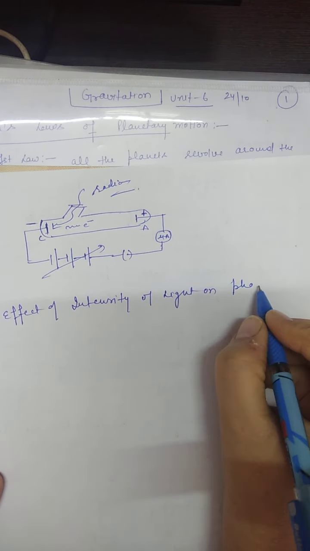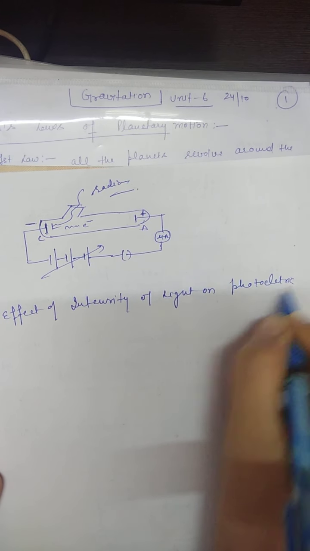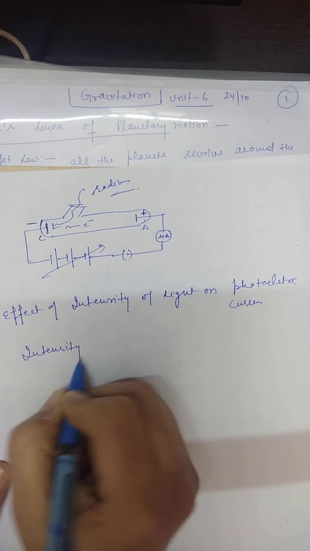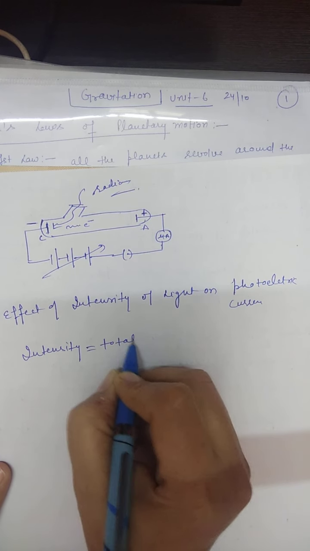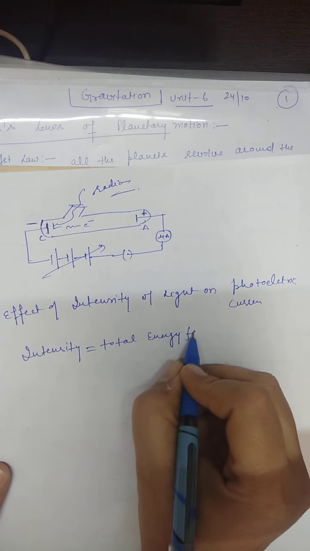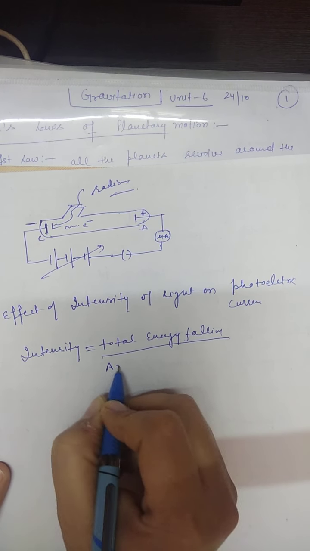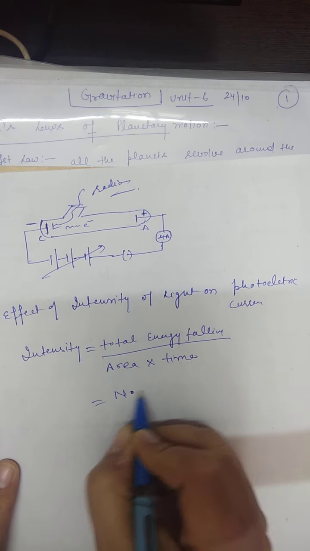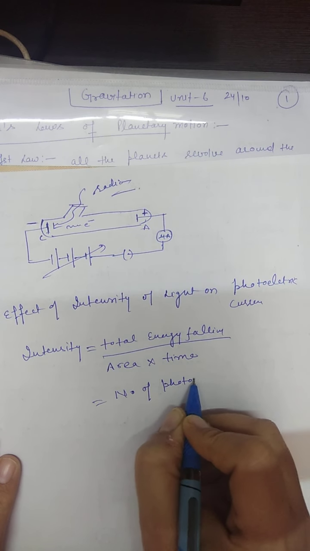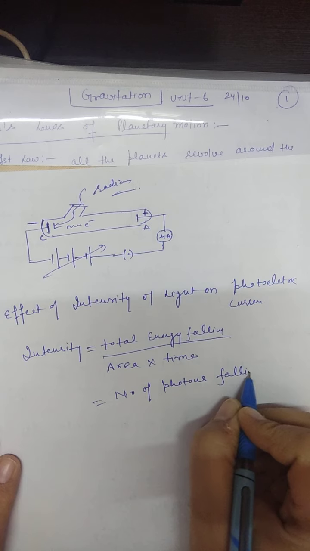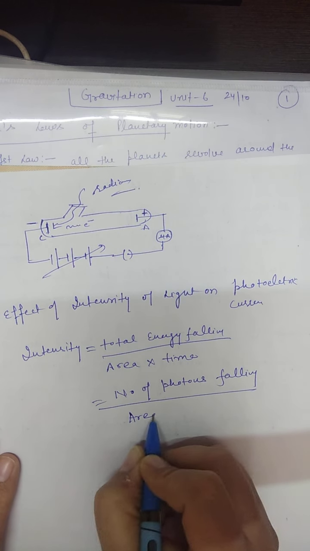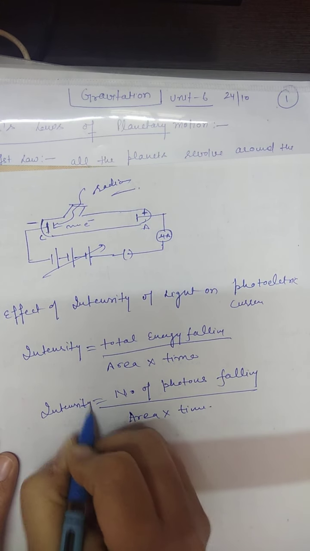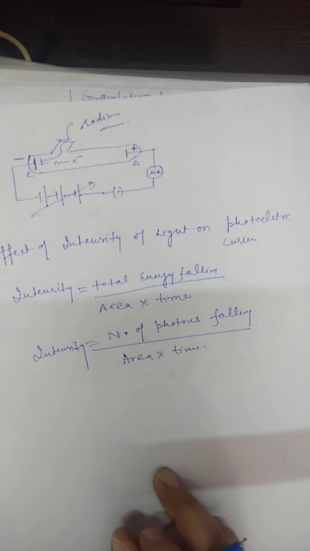on photoelectric current. इस पे क्या होगा, पहले इसमें आपको पता होना चाहिए इंटेंसिटी होती क्या है। इंटेंसिटी इज द नंबर ऑफ फोटॉन्स और द टोटल एनर्जी फॉलिंग पर यूनिट एरिया पर यूनिट टाइम, ठीक। और इस टोटल एनर्जी को हम मान के चलते हैं नंबर ऑफ फोटॉन्स फॉलिंग, क्योंकि यहाँ एनर्जी फोटॉन्स की टर्म में होगी पर यूनिट एरिया पर यूनिट टाइम। इंटेंसिटी ऑफ लाइट इज नंबर ऑफ फोटॉन्स फॉलिंग पर यूनिट एरिया पर यूनिट टाइम।